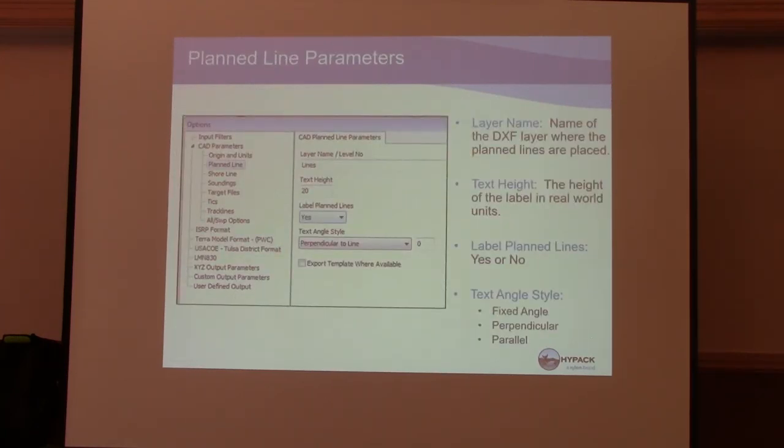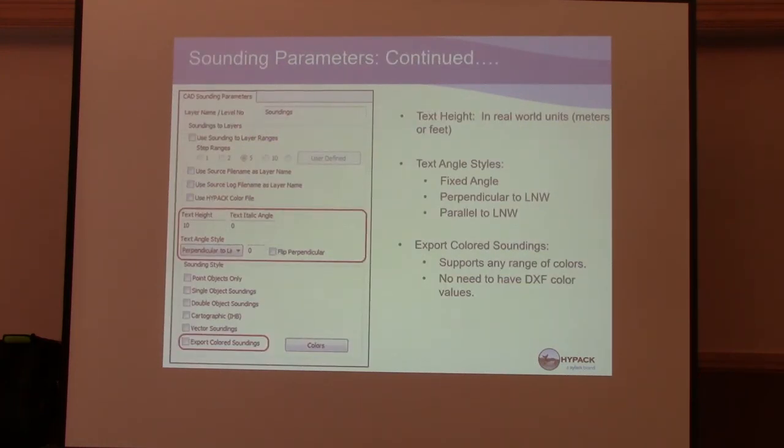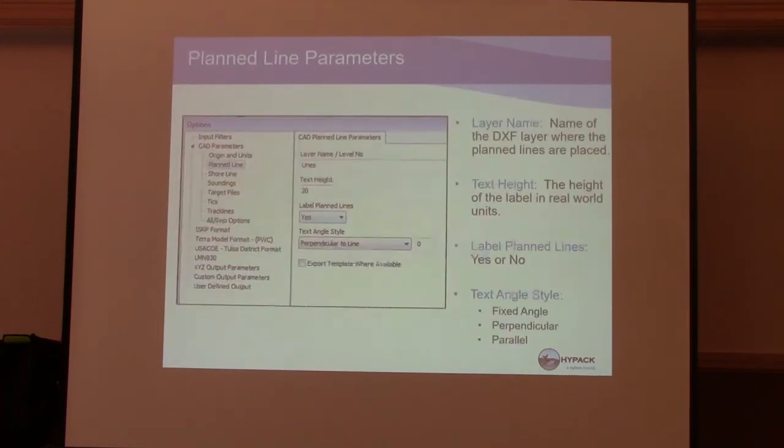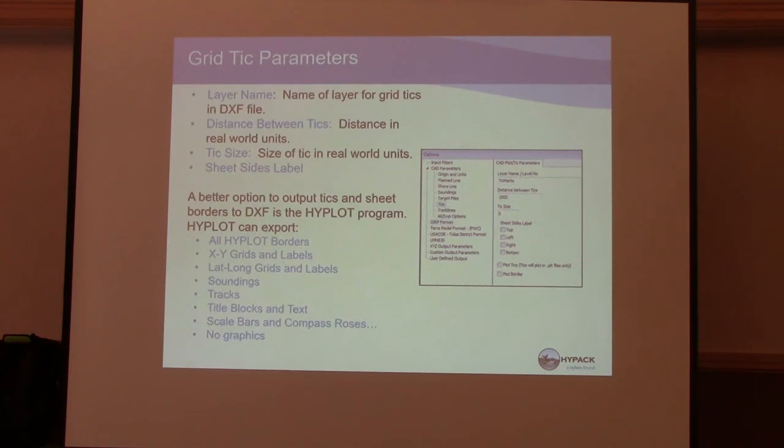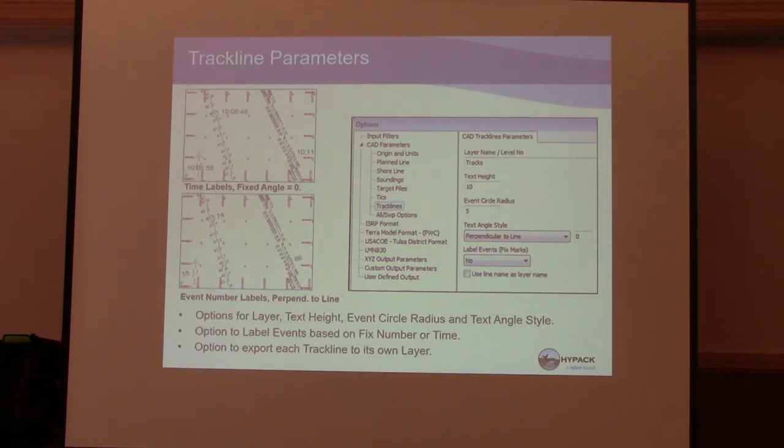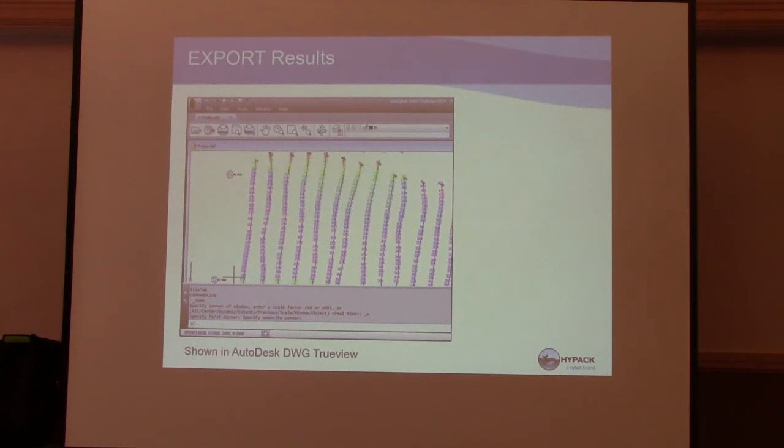So there's all kinds of different parameters in here. Plan line parameters, like we saw in the other menus there. More sounding. We're going the wrong way here. Grid ticks, if you want to load up, it'll basically take the scaling from your plotting sheet and place the grid ticks or grid lines on the screen, whether or not you want to label them. Track line parameters, the text information, if you want to plot events and label the event marks. Plot the text perpendicular to line, parallel, or a fixed angle. And then here's just an example of some of the results here. Okay,